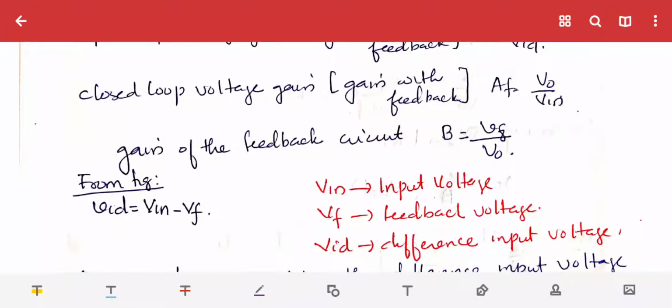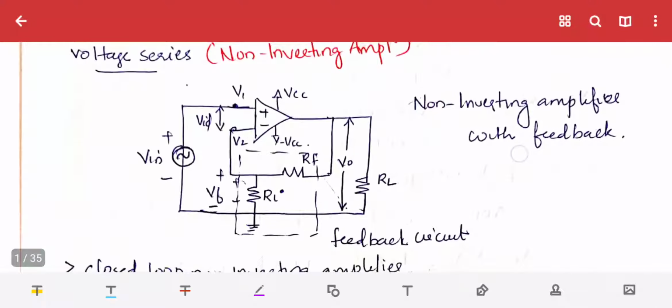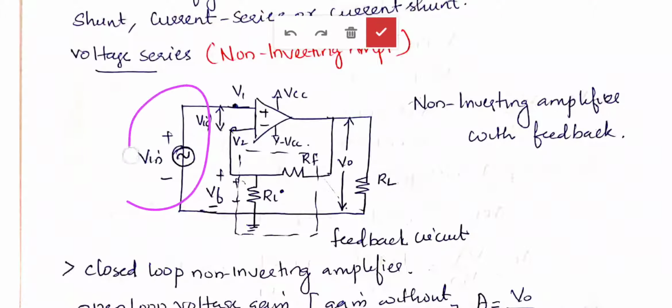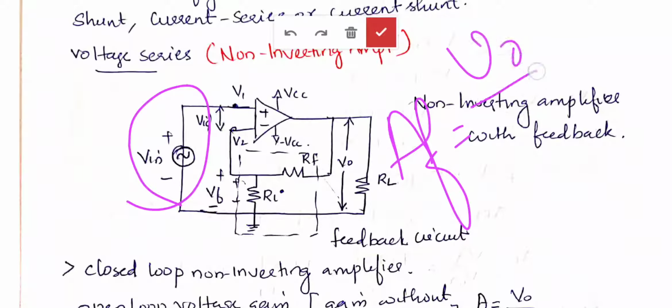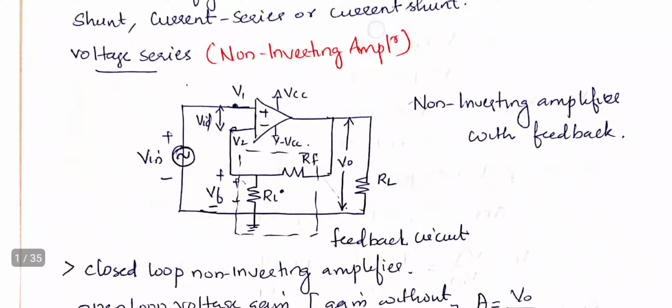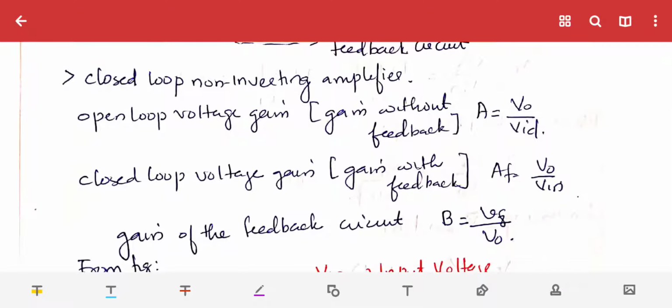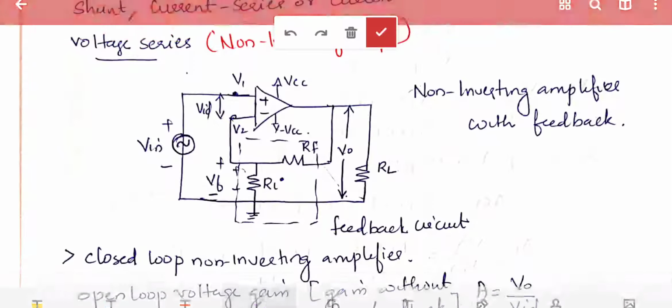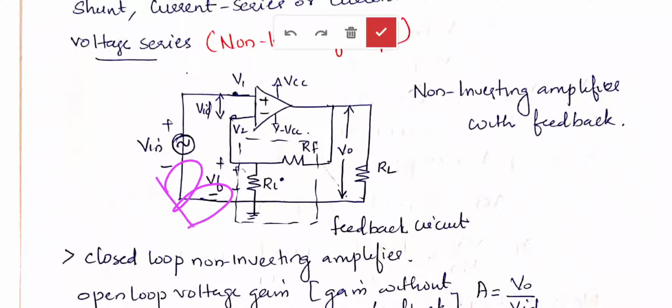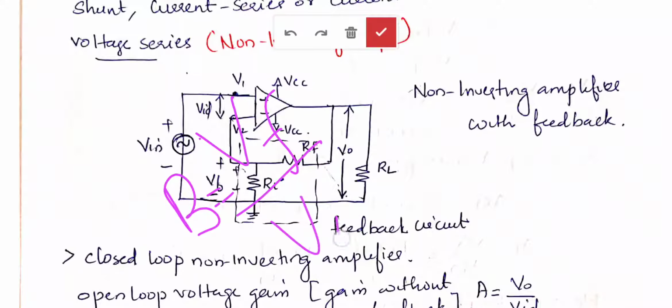Next is closed loop voltage gain. What is closed loop voltage gain? For a closed loop voltage gain, we have to consider the input Vin. So closed loop voltage gain AF is equal to VO by Vin. What is the feedback factor B? In this particular chapter we are using feedback factor as B, whereas in module 3 in that textbook we have used beta. Both are one and the same. So what is the feedback gain B? Here output is VF and input is VO. B is equal to VF divided by VO.